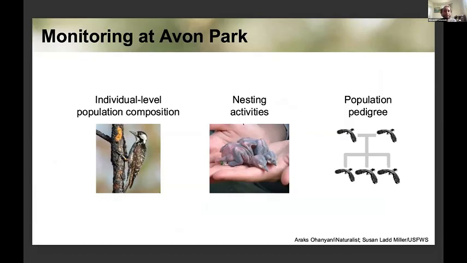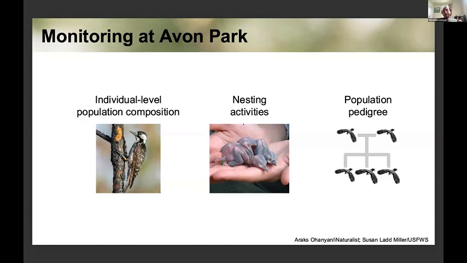This population is almost comprehensively banded. So every single bird in this population has a unique band. So you could go down to this population, and if you got a good look at their legs and the band combo, you can know exactly who each bird is. Since 1994, nearly every single nesting event has been monitored, and the outcome of that nesting event has been